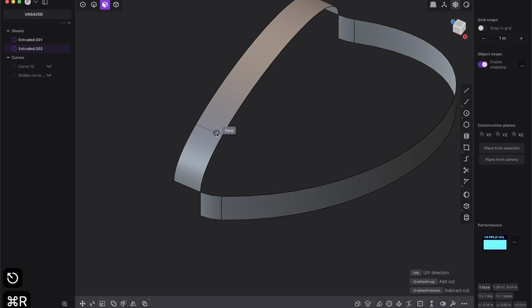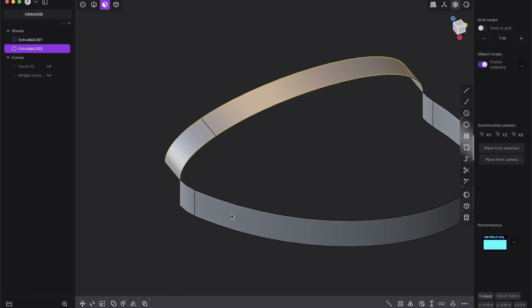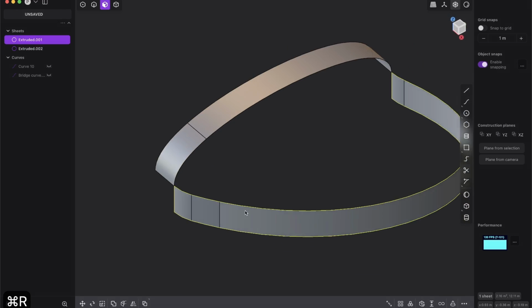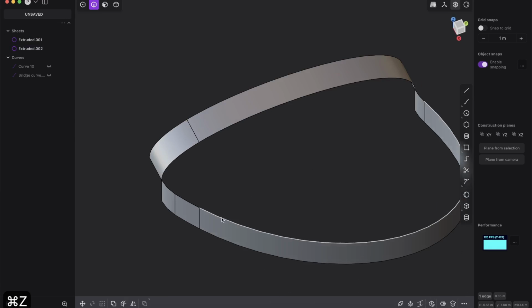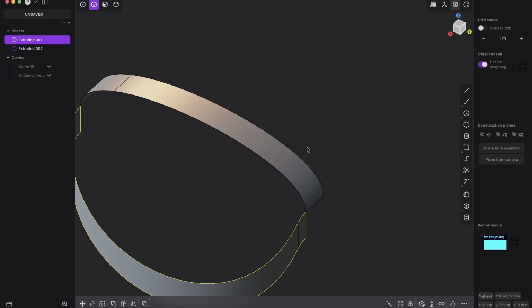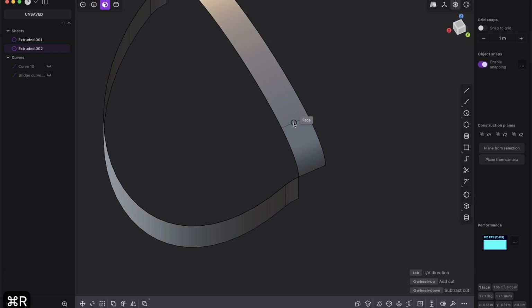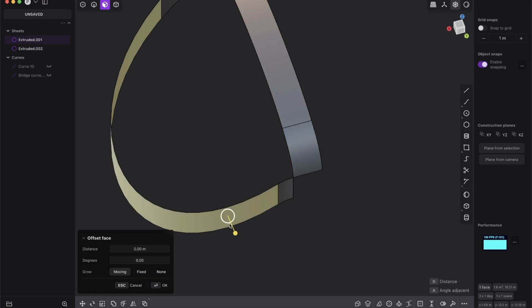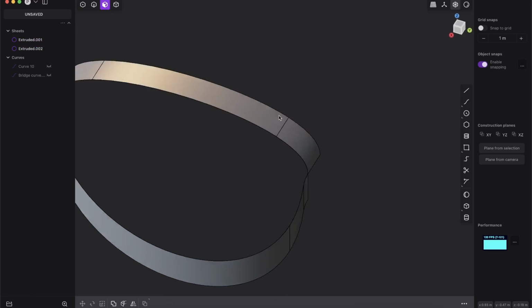So Control R and just, I don't know, let's give here an extra edge, and also let's give here an extra edge. So they will be just a little bit closer. So maybe somewhere here. And the same here, select this face, again, Control R, isoparam, and add here an edge, and somewhere here it could be a little bit tricky because we have this angle, but that should be fine,